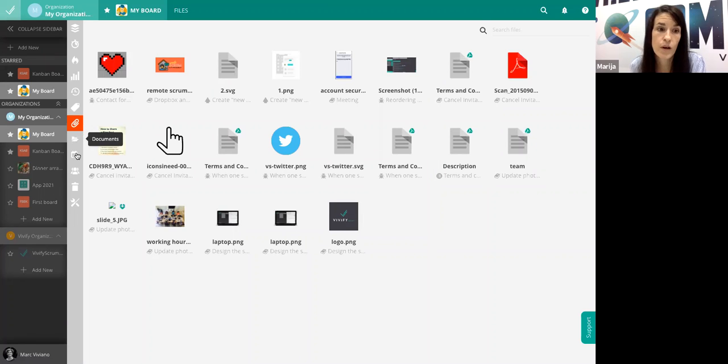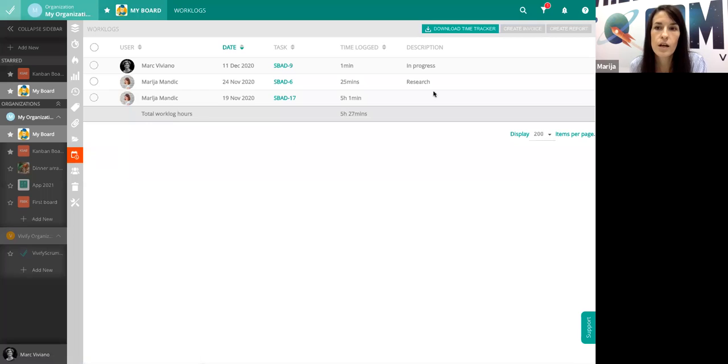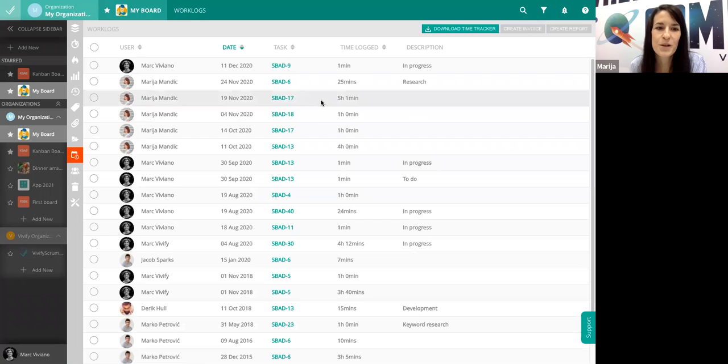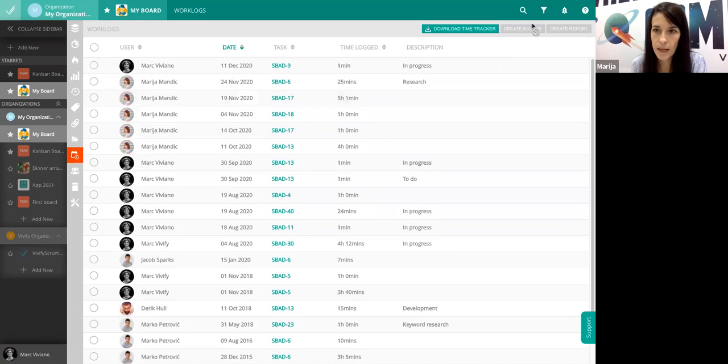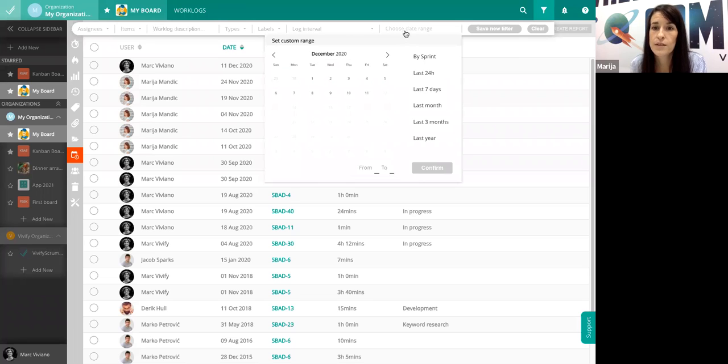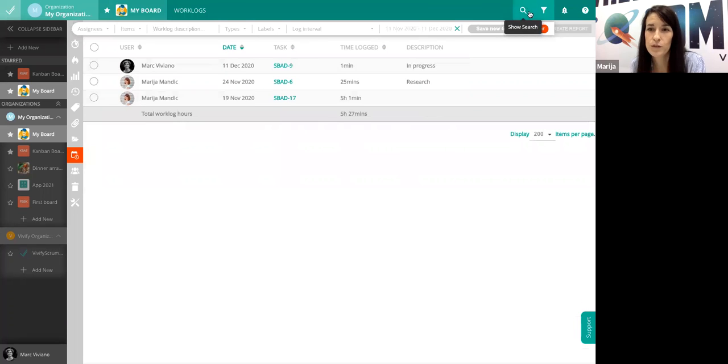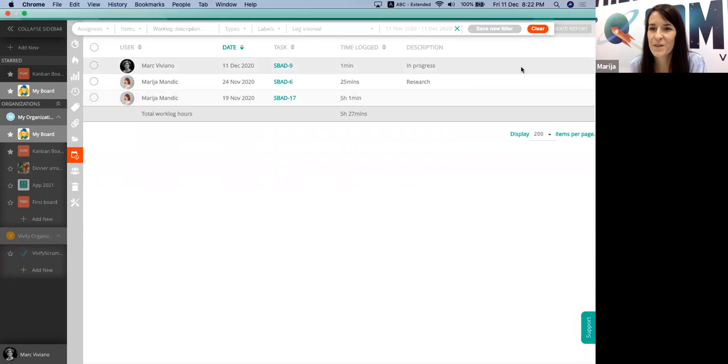On the work logs page, okay, I have an active filter here. So on the work logs page, you will see all the logged hours by the team members on your board. And you saw the filter. So this is useful if you want to see all the logged hours for, let's say, the last month. This is a test board. That is the reason I have only 3 logged